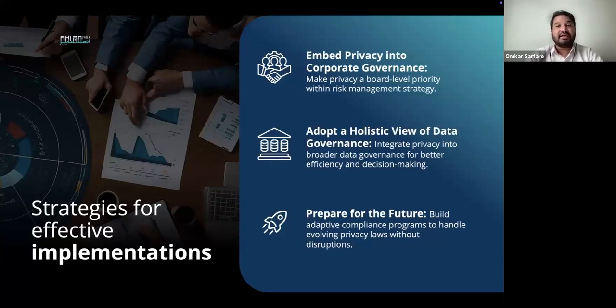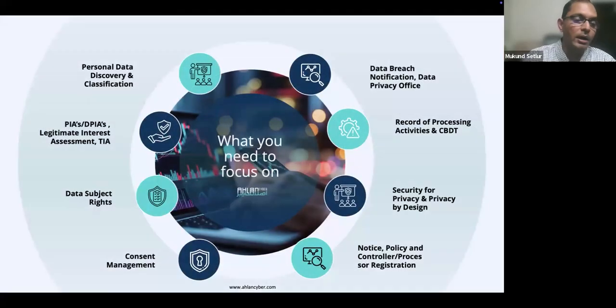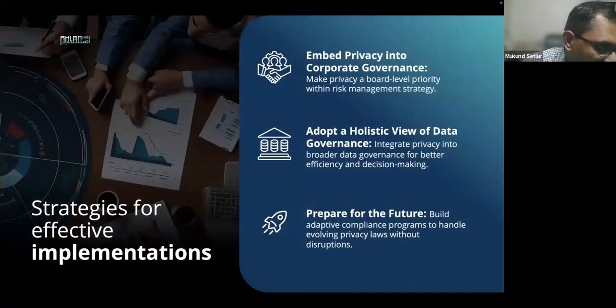Okay, Smriti, I have a question. You've been practicing KSA PDPL probably for the last 2.5 years now. Question is, has the awareness amongst the board members and the CEOs increased? Yes or no? And who do they typically question about the implementation status? If you can just give us a quick answer, that would be great.